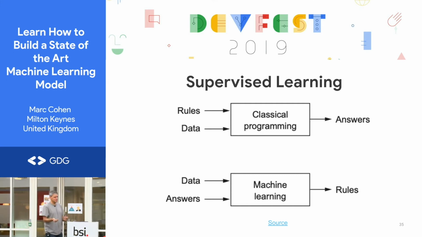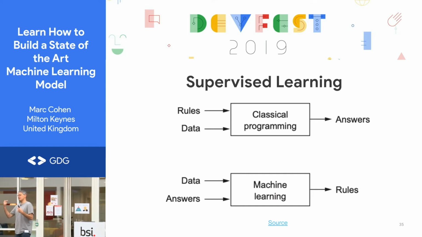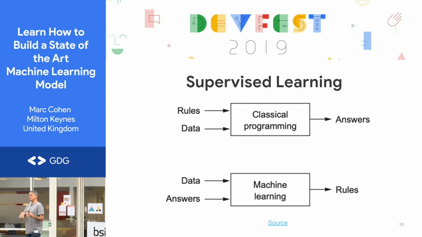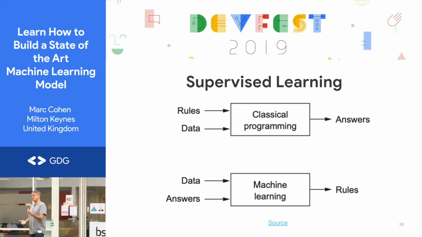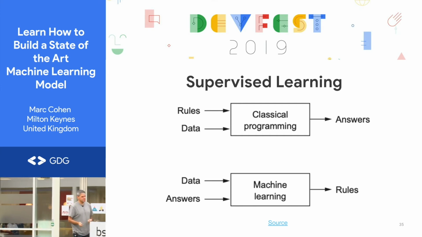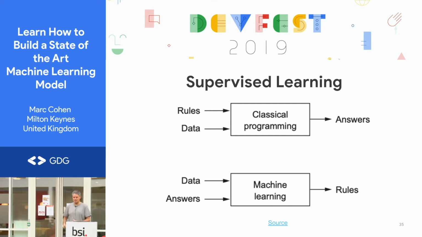And so in the past, with the classical approach to software development, we would take the data and we would formulate rules. We would think of an algorithm to turn that data into the right answers. And what we're doing now is taking the data and the answers, the training data and the labels, and putting them into a system which spits out the rules. So you can think of it as figuring out how to label this data. But the key thing is that we have the labels for a set of known pieces of information.